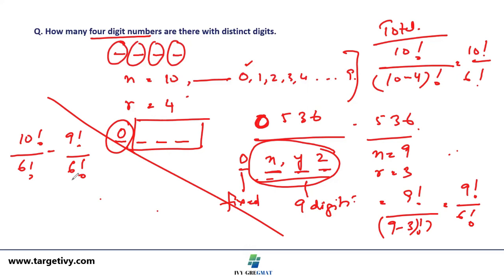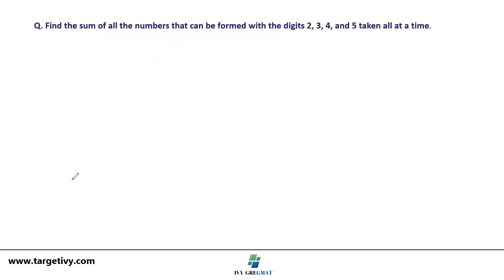Find the sum of all the numbers that can be found by the digits 2, 3, 4, and 5 taken all at a time. So this is a bit of a different question. So the sum of all the numbers that can be found by these 4 numbers. So we have got a fixed number of digits. So the total number of numbers is